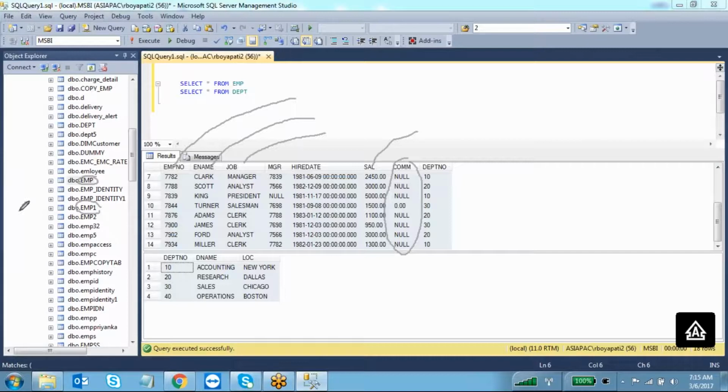Okay, and also I want to give only the department name. I don't want to give permission on the location, which location the employee belongs to. I don't want to disclose this information to the users. So how can we do that? Because we don't have this kind of feature in SQL Server to give column level restriction. Either you can give access to the entire table, or you can restrict the entire table. So what is the solution?